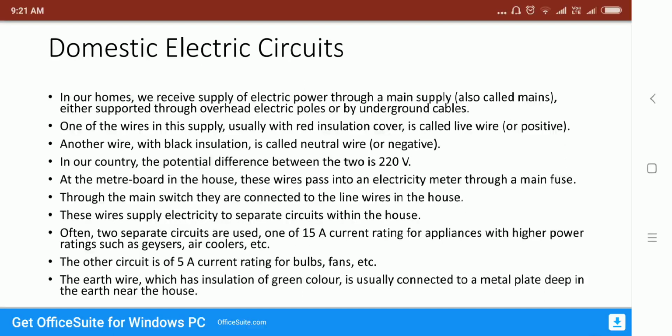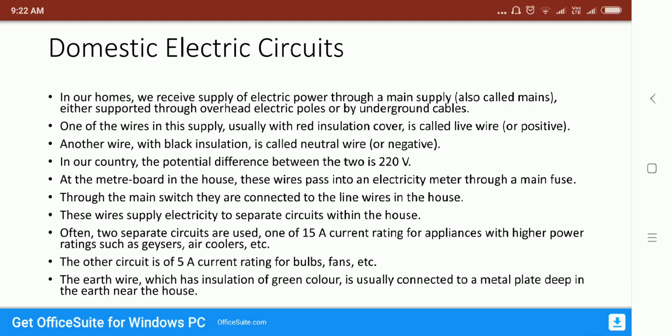Now, while providing the supply or the connections, positive is connected with the positive and negative is connected with the negative. At that time only can the power supply be transferred to the device in parallel. If opposite polarities are given, then the device may be damaged. To understand that, the positive wire or live wire is always given red insulation. So it is universally accepted that red color defines the positive or live wire, and the wire to which we provide black insulation is known as the negative wire or neutral wire.